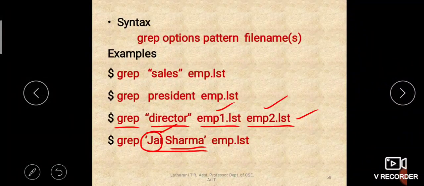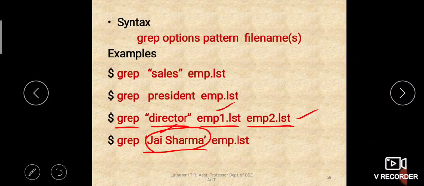Because if you don't use the quotes, the first word will be taken as the pattern, the second word will be taken as a file name, and emp.list will also be taken as a file name. If a file called Sharma doesn't exist, then it will give you an error, isn't it? So in order to avoid that confusion, the entire pattern Jai Sharma should be given within quotes. So now this entire thing will act as a pattern.